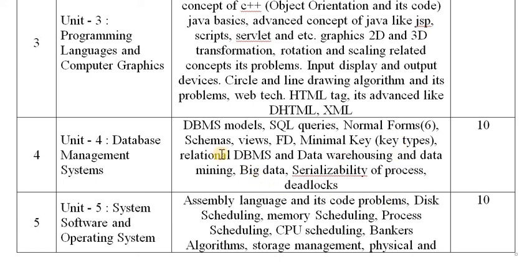Relational DBMS also they may ask, and along with the data warehouse concept and data mining concept, we need to know everything about these concepts. Now they have included big data also. They may ask its types and importance. If you are coming to distributed system, they will ask problematic questions with the help of serializability of processes, along with the deadlock concept. If you study these concepts, you can easily score more marks in this unit 4.